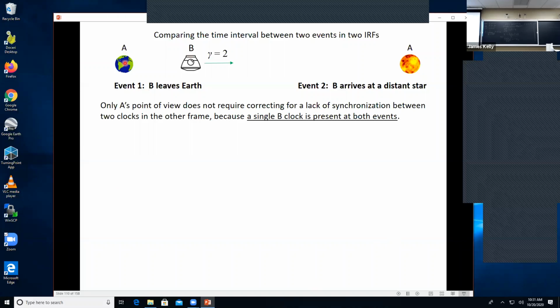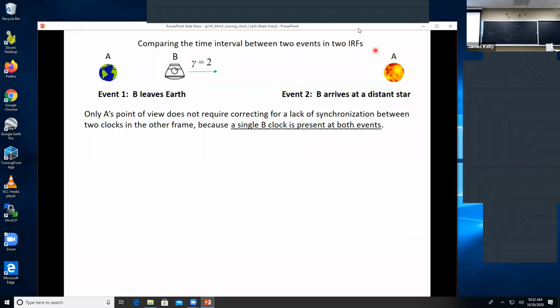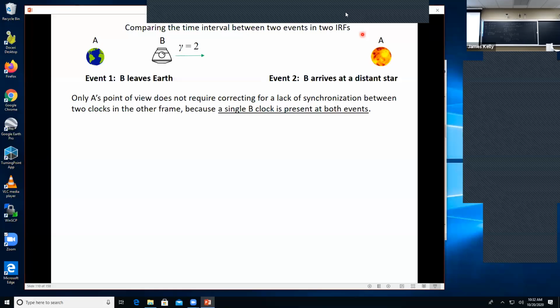B's clock was present at the Earth, and later on that same clock in the ship is present at A. So we don't care about it. It's true that B's clock on the ship, somehow it doesn't like it when I'm too close there. Got a malfunction again. Somehow